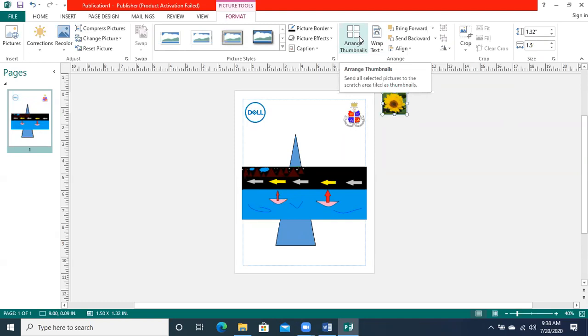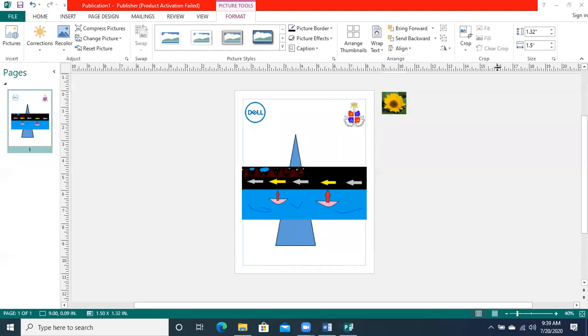So basically the question is, what is the group name where you have got the arrange thumbnail option. I have told you that these are the group names: adjust, swap, picture styles, arrange, crop. These are called group names, which contain multiple buttons which are related to each other, related to a similar task.